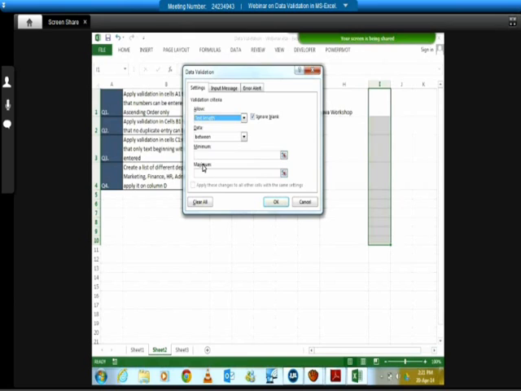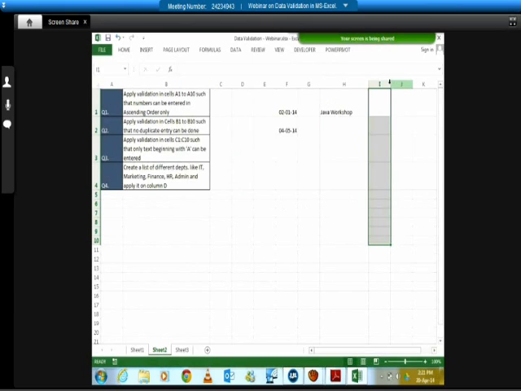So just to look quickly, let's say text length is, we are going to say it should be like, if I have to say 10 number of characters, then it would be equal to, like 10 would be the length. Click OK. Now let's say we're going to enter a phone number, mobile number, and I say 99034455 and I leave it. Since it is not 10, it is less than 10, it gives me an error. Again I can go back 5566. It allows me because now it is 10 characters. 10 is a text length that I had given for my validation. So this is how the text length is going to work. Any questions?